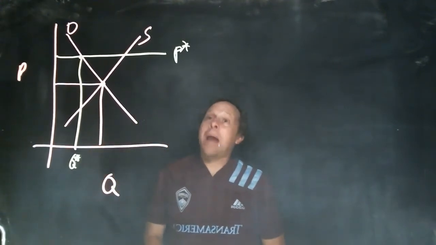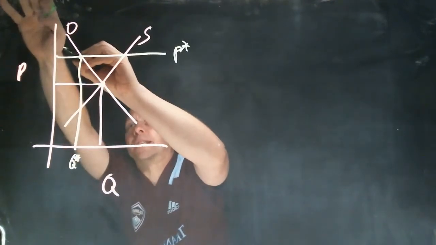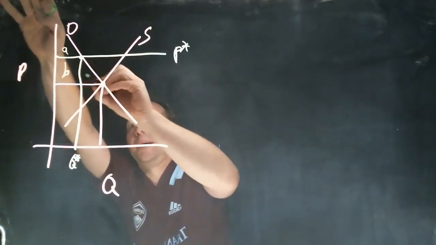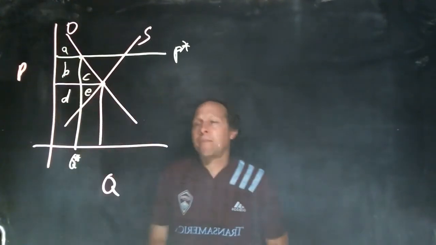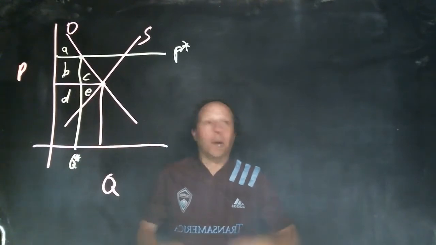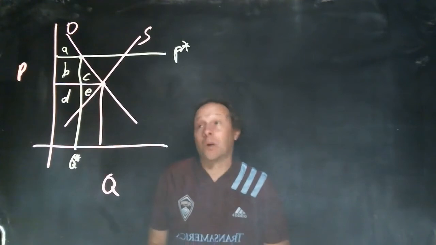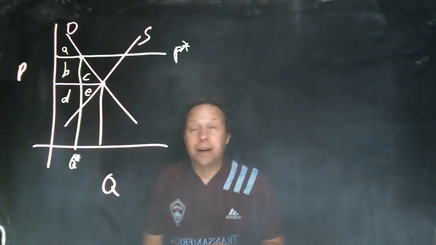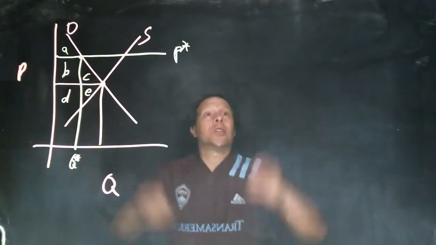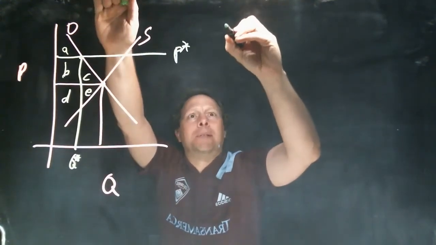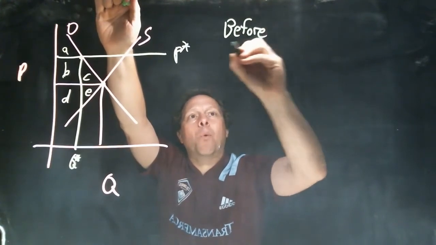Okay, so now let's figure out what our welfare effects look like. We're going to label a bunch of areas here. So we're going to label this A, B, C, D, and E. Now we're just going to show the areas in general terms, but of course if we had actual equations here, we could solve for these areas precisely in exact dollar amounts. Okay, so before the imposition of this minimum wage or minimum price,